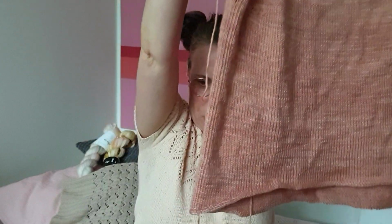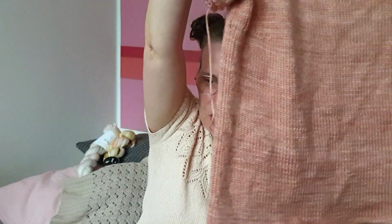Now, this tee also has, how can I show this now? As you can maybe see, if I lift it like that, it has a high-low hem, which means that the back is longer than the front. So it kind of curls down a bit at the back, which is nice,